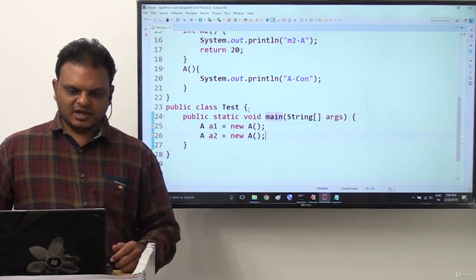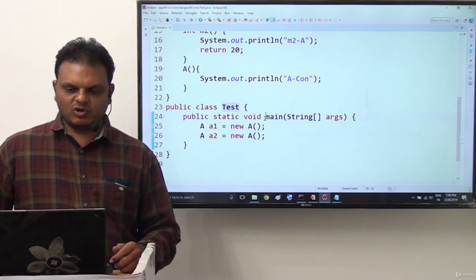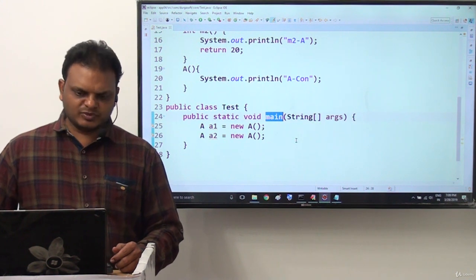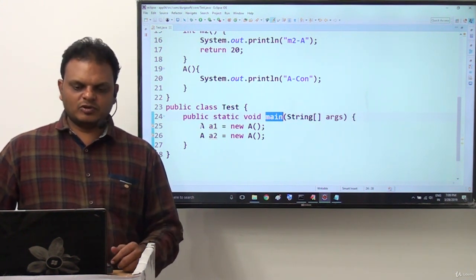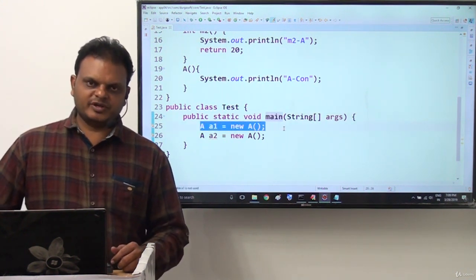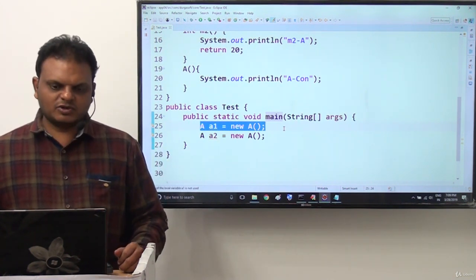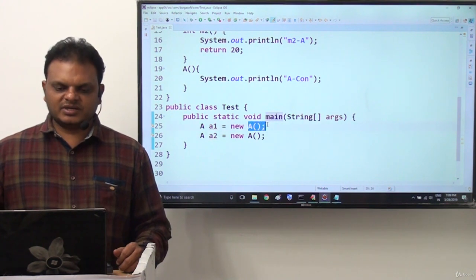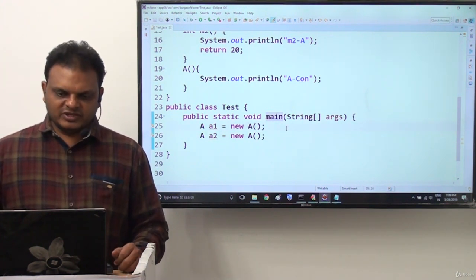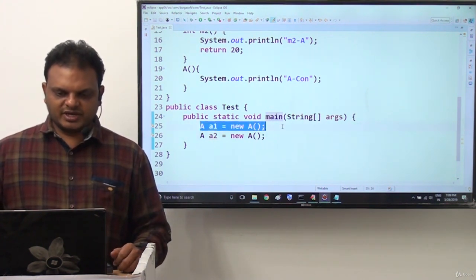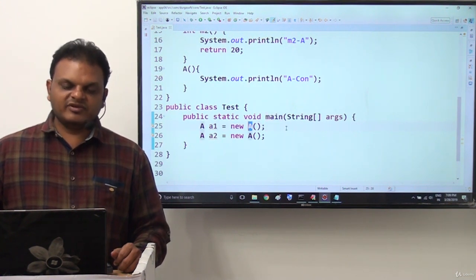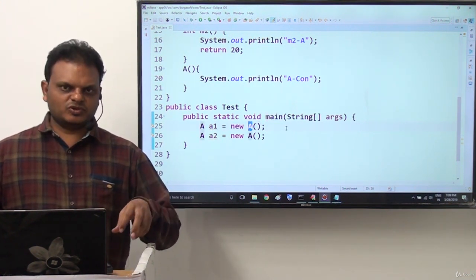Then after that, immediately after loading this test class, JVM will call main method. When JVM calls main method, immediately JVM encounters the object creation statement. First object creation statement, A1 is equal to new A constructor, is encountered by JVM. When JVM encounters this particular instruction, immediately JVM will load A class bytecode to the memory.